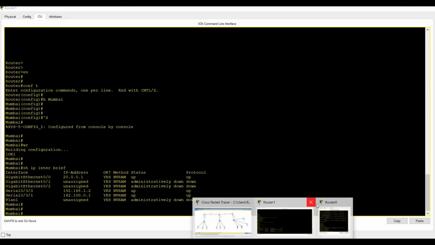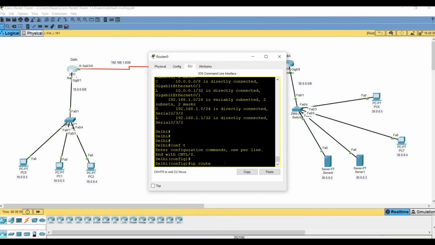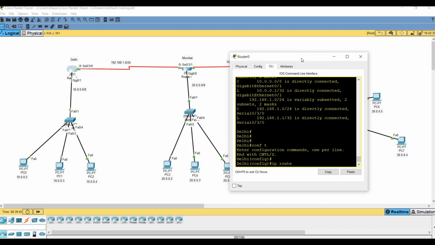Let's open router Delhi. ip route 20.0.0.0. This is the network ID, and then enter the subnet mask 255.0.0.0 and the next hop.